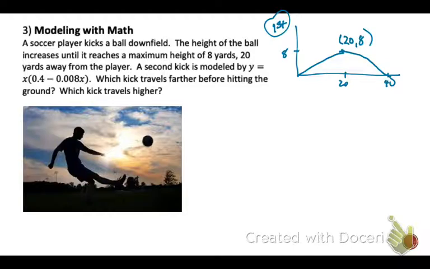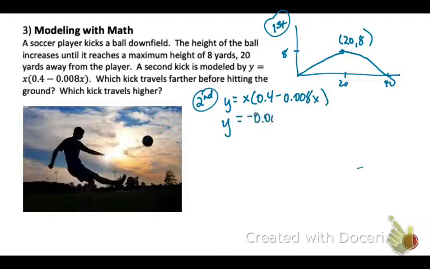Let's look at the second kick. It's modeled by this equation, so let's capture that. Now our equation looks like it might be in intercept form, but it is not, because we need to have a coefficient of 1 in front of that x. So what we can do is multiply the x across that parentheses and rearrange our terms so that we have it in standard form. We need to answer the question, which kick travels farther before hitting the ground, which kick travels higher? Well,